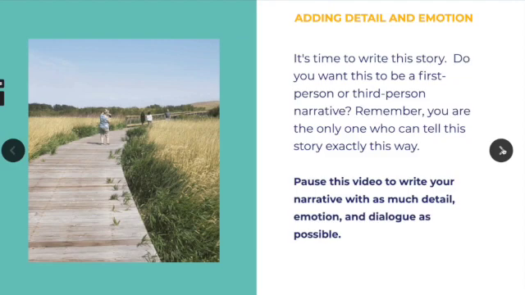Welcome back. So now that you've added that detail and emotion, it's time to actually write your story. But before you write that story, you might want to determine whether you want to write it as a first-person narrative or a third-person narrative. So the first-person narrative is the part where you would write it as I did this, I said this, we said this. So these were people that were actually there as the first account. If you're writing it as a third-person narrative, you'd be writing it as they said, he said, she said,